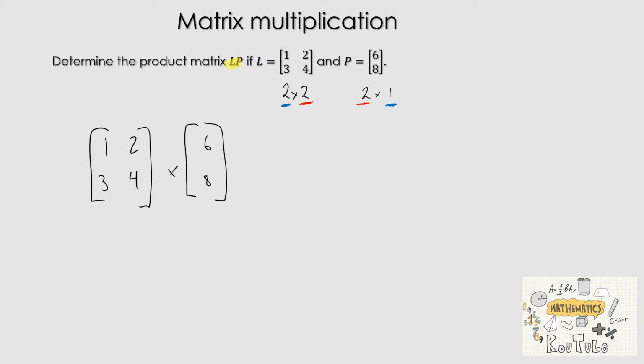Okay, so what we need to do is we're going to start with the 1, so the first row and the first column. And what we're going to do is, as we run across the first row, we're going to dive down the column in the second matrix. Okay, so what it's going to look like is we're going to do 1 times 6,